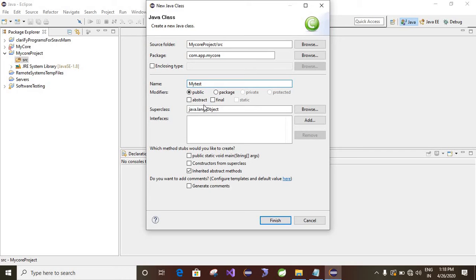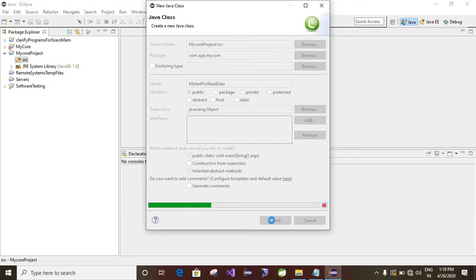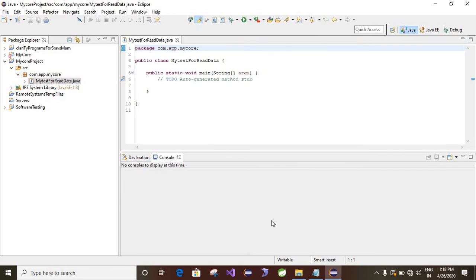Otherwise give MyTest for reading data from the properties file, ReadData. Then click on public static void main, then finish. So now the class has been created.